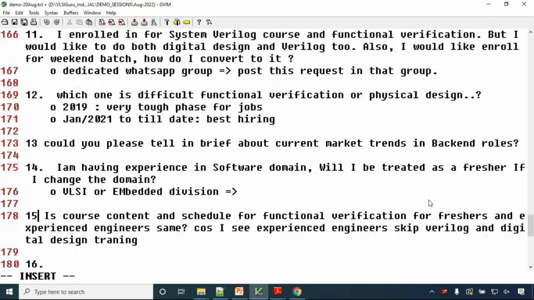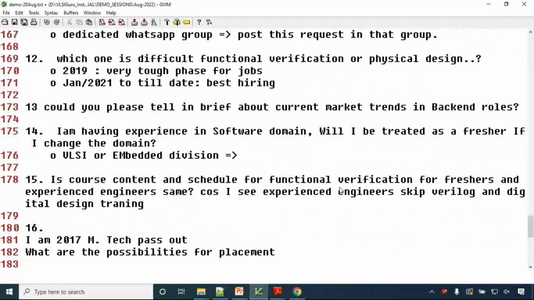Is the course content and schedule for functional verification for freshers and experienced engineers the same? Because I see experienced engineers skip Verilog and digital design training. Okay, yeah. Someone who is looking for the difference between functional verification for freshers and experienced,